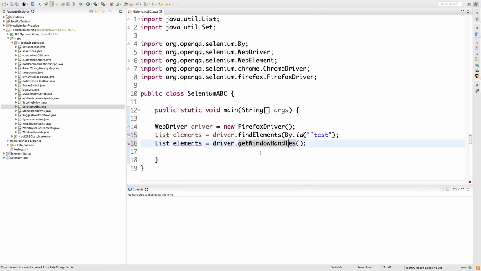This is also an interview question you guys need to understand. And that is the reason we use set. Why? Because set by default doesn't allow you to store duplicates. And of course, if you have different windows, we are expecting them to return unique. We don't want any duplicates. And if you don't want any duplicates, then the best data structure or container to use is set.